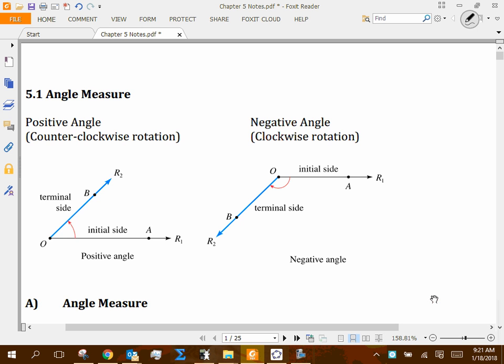First thing we're talking about is angle measure. That's all this chapter is about: determining how we measure angles, and then towards the end it gets into some story problems, and how we figure out distance if we know angle measurements, and figure out area and sectors if we know angle measurement, that kind of stuff. So if you guys have done anything with linear velocity and angular velocity in